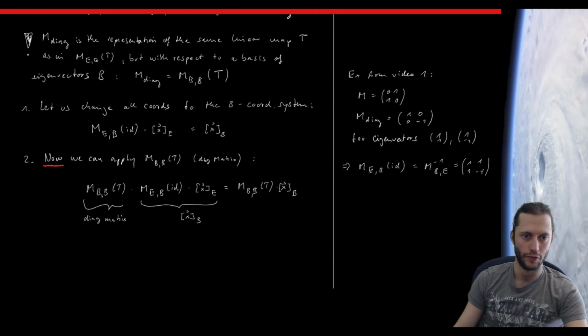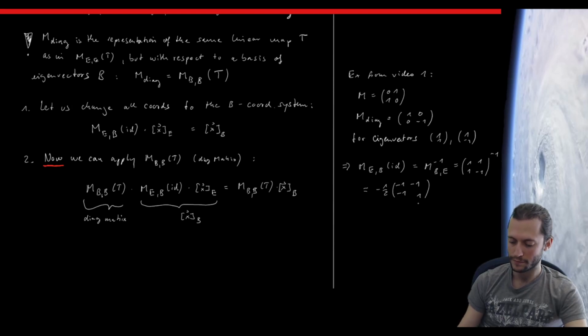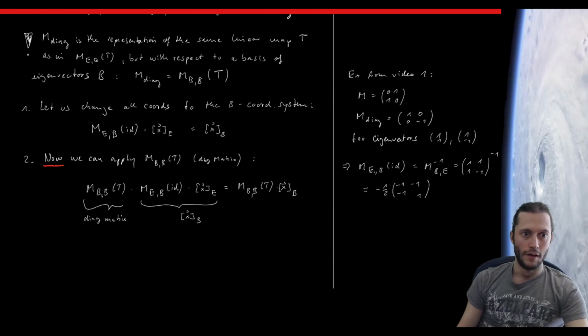According to chapter 2, the red box, mapping the old basis vectors and explaining in new coordinates. And this one, the inverse of that. So we inverted this matrix before, it was minus 1/2 times (minus 1, minus 1, minus 1, 1). Okay, so we found the change of coordinate matrix, where you put in standard coordinates and you get B coordinates,